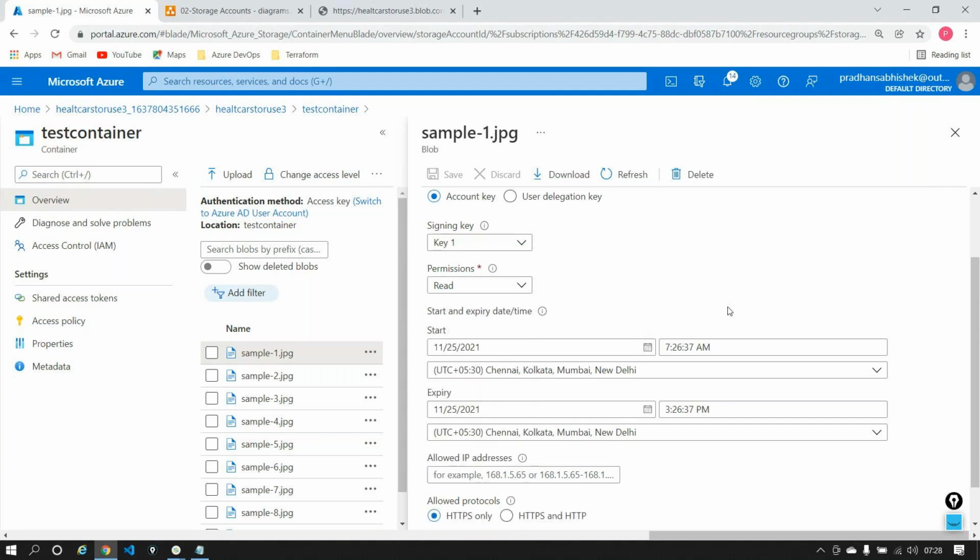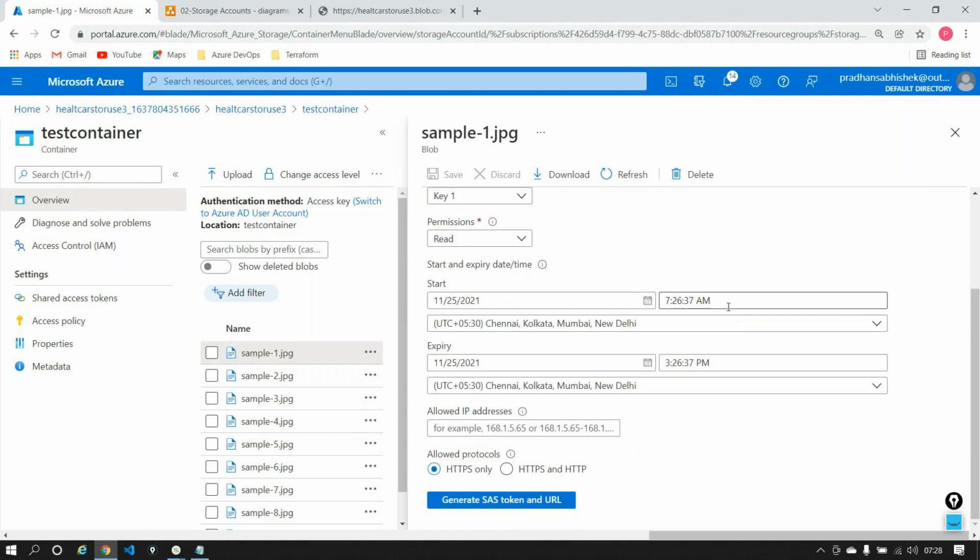And the best advantage of this is that I can also set a start time and an end time, telling that this key is only valid for about, let's say, 7 hours or 8 hours. And most importantly, let's say I only want to share this with only one user. Let's say I know that user. I can take his IP address. I can say, okay, fine, please give me the IP address that you are working from. Because every computer, any machine that you're working from, will have something known as an IP address. I can ask for that IP address and I can specifically tell, please allow the access to this particular blob only from that particular IP address.